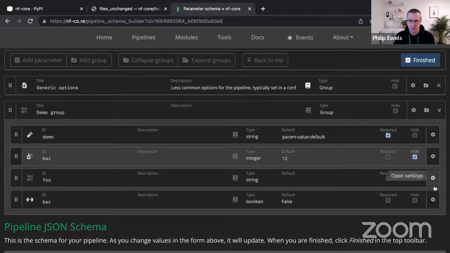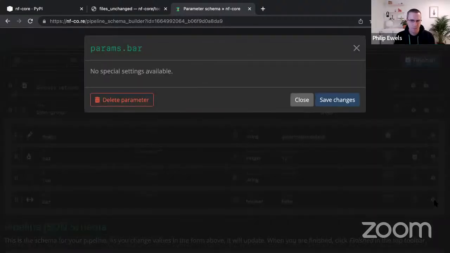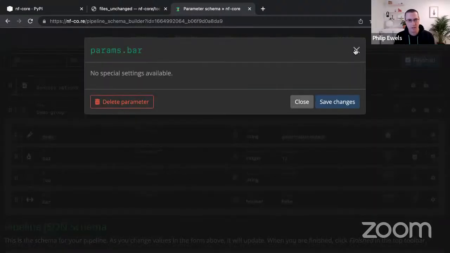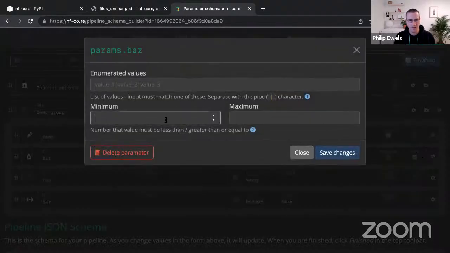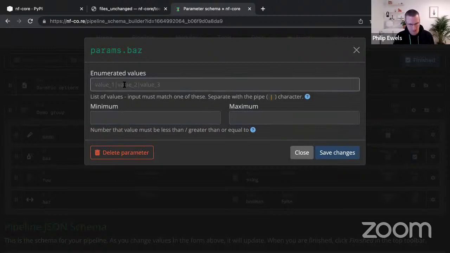There's also this button over here on settings, and this lets us do some extra kind of cool stuff. Booleans are kind of boring, so we can't really do anything with those, so there's no special settings. But if I go into integer field, you can see now I can set a minimum and a maximum value. And I can even do a list of enumerated values here. So I can say that this has to be set to either 2, 4, 6, 12, 24, separated by pipe